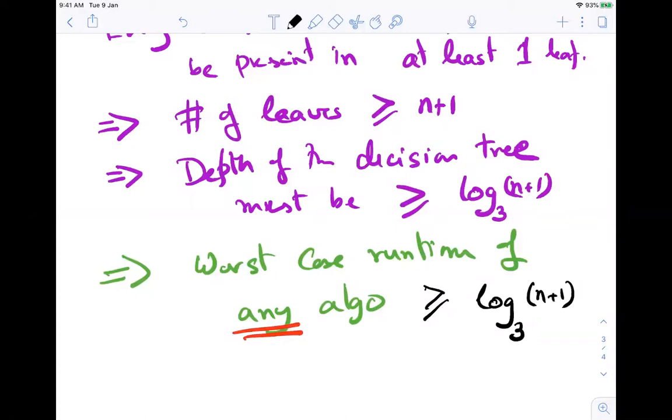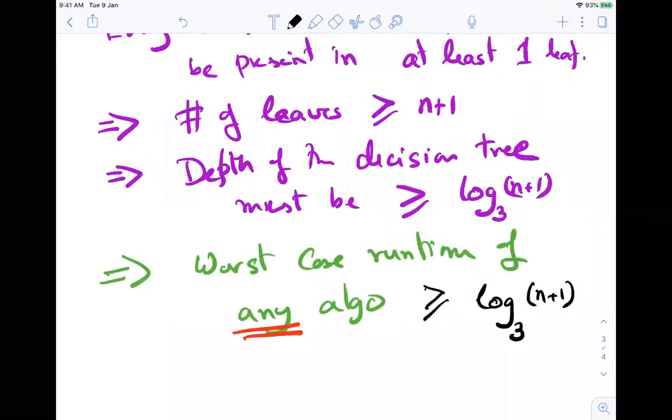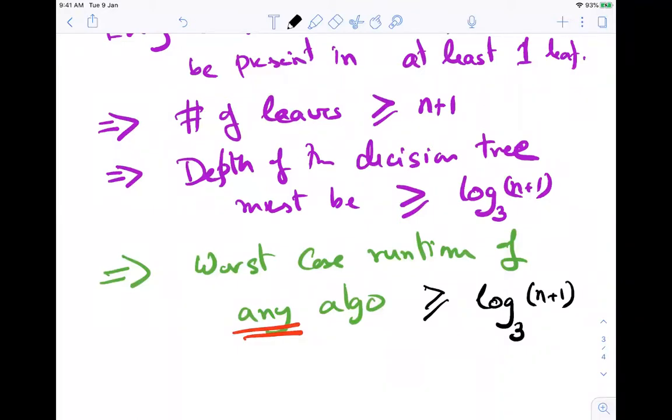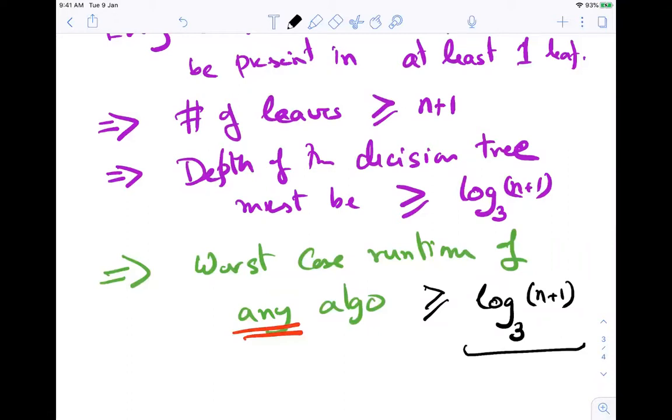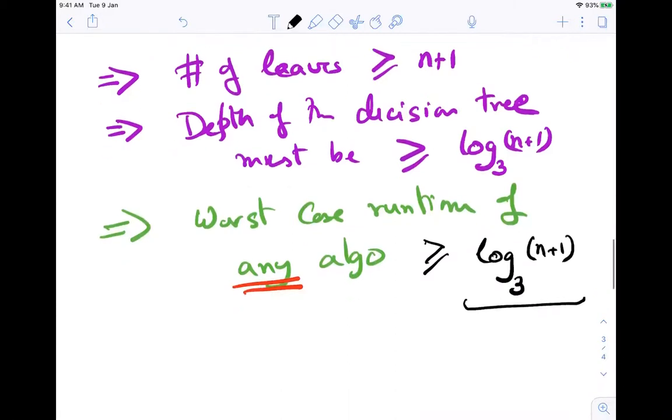So of course you will say that, oh, this is better than binary search. In binary search, it was log n plus 1 base 2, and here it is log n plus 1 base 3, which is lower. You're completely right. I have managed to only prove a lower bound of log n plus 1 base 3, while I've given you an algorithm of log n plus 1 base 2. But as I will explain maybe after some time, in algorithms, most of the time, we are not too much worried about the constant. Since we work on the asymptotics, so log n plus 1 base 3 is nothing but,